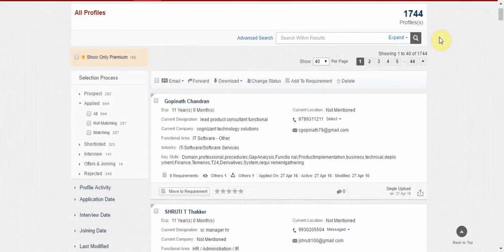to 1744 profiles. So whenever you are working on any position, you have to go through all these 1700 plus profiles and find the ones that satisfy the particular criteria for this position that you're trying to fill. CSM makes this activity stress free for you through cluster options that are available on the left hand side of the page. So let us take a closer look at how these powerful cluster options in CSM make our life